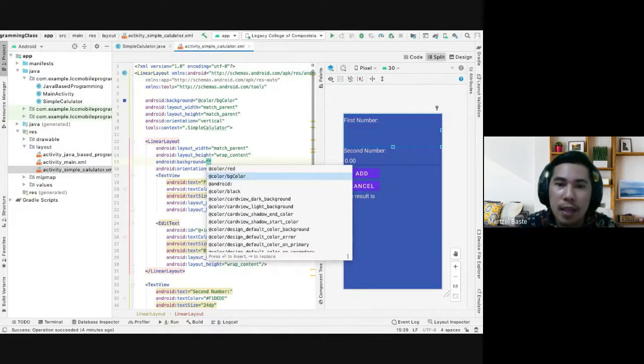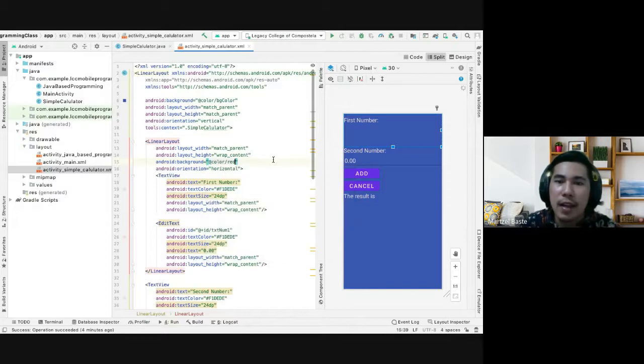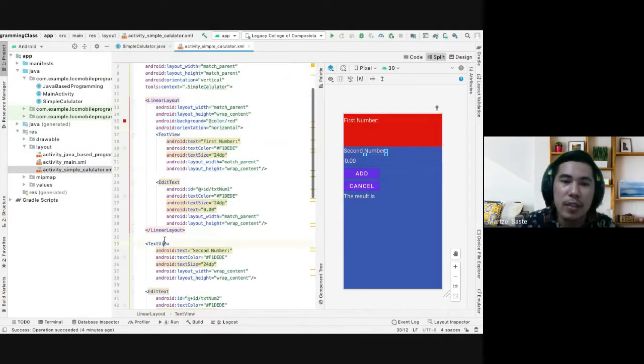Let's color it, let's say red. Okay, so meaning this is the horizontal linear layout first. And then let's copy paste this one. And then we do the same for